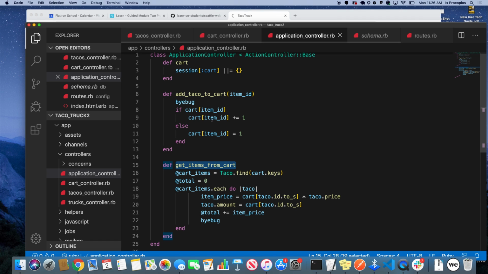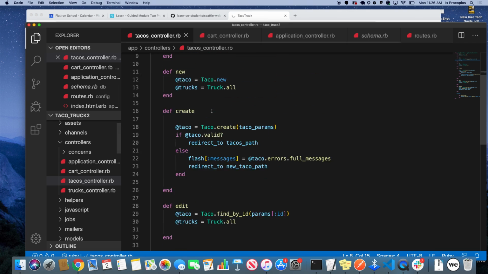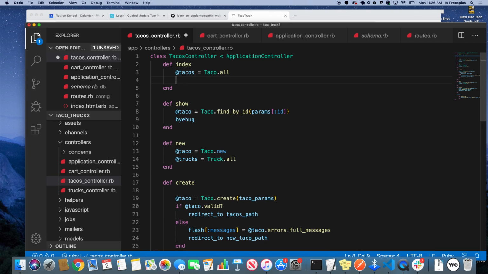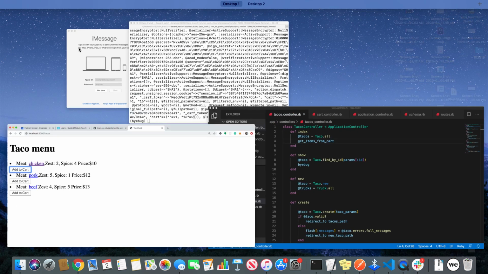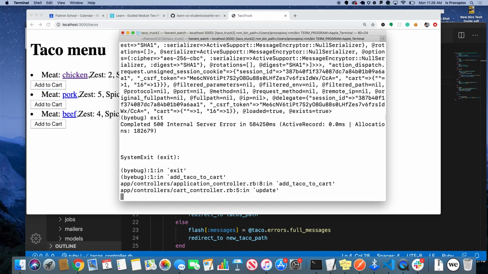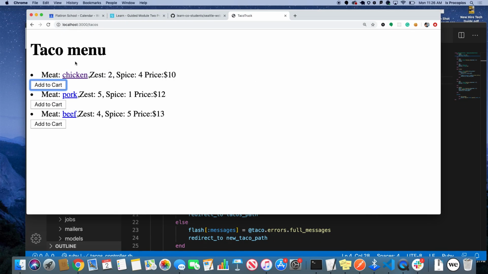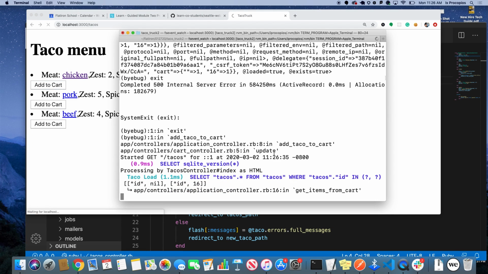So I'm going to call get items from cart inside of our tacos controller at index to just run it for right now. When we want to run, because we're not going to want the cart and everything, right? So we only want it in our index page where we're going to store it. But I'm going to use this to hit the buy bug real fast. So exit out of current buy bug, goodbye buy bug, and let's refresh this. We should hit that sessions